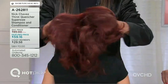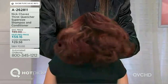So the best part is, let's just go show you how this works. If we have color-treated hair right here, and our little girl Brianna's hair, look at how beautiful this red is. Is that gorgeous? I love it. And you know, red is notoriously the hardest color to keep when it's not yours. And the thing is, she had a hairdresser she went to who did this color,